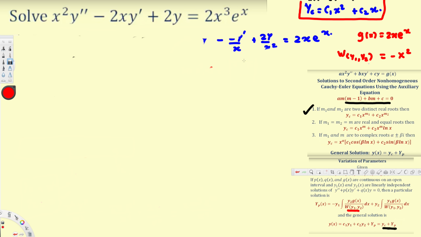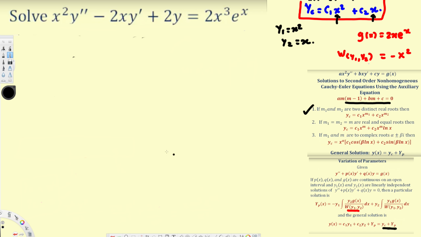Okay, and the next thing we need to know is y1 and y2. We know that y1 is this value and y2 is this value. So y1 is x square and y2 is x. Now let's go ahead and plug it into the variation of parameters equation, that is yp